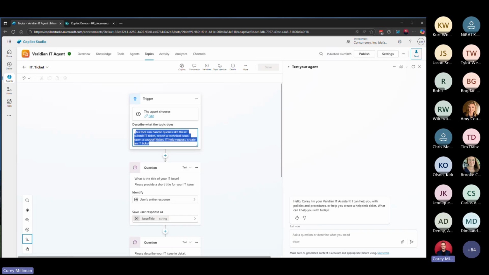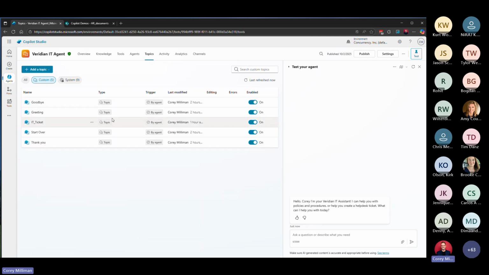So we started out with our central agent. I said I wanted to open a ticket. It understood then from the main agent that the topic I need to be in was inside this topic that we're looking at here, create an IT ticket. So with those topics, when you have your triggers, you want to use as many as you can to be triggered by the agent. That way, when you're passing context history,